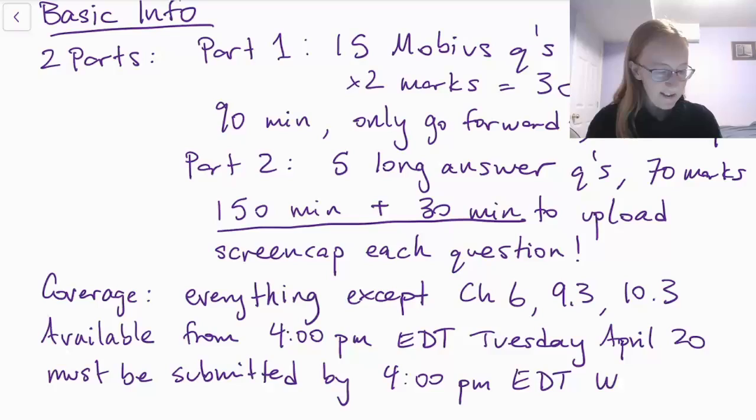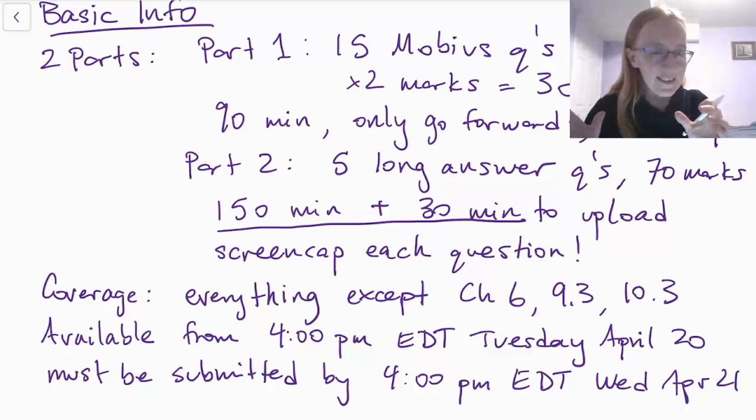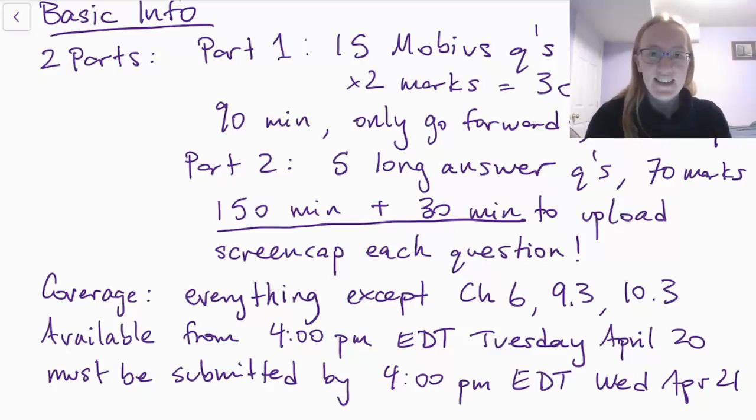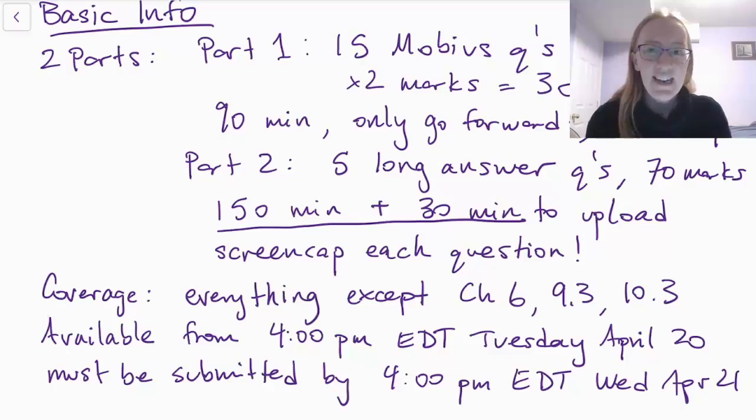EDT, Wednesday, April 21st. So that means, right, if part 2 takes 2.5 hours to do and 30 minutes to submit, that means you want to start part 2 no later than 1 p.m. on Wednesday. So just keep that in mind. If you do part 2 second, then don't start part 2 any later than 1 p.m. on Wednesday. If you do part 1 second, then don't start part 1 any later than 2:30 p.m. I guess on Wednesday. And again, we don't expect it to take more than 2.5 hours total for the 2